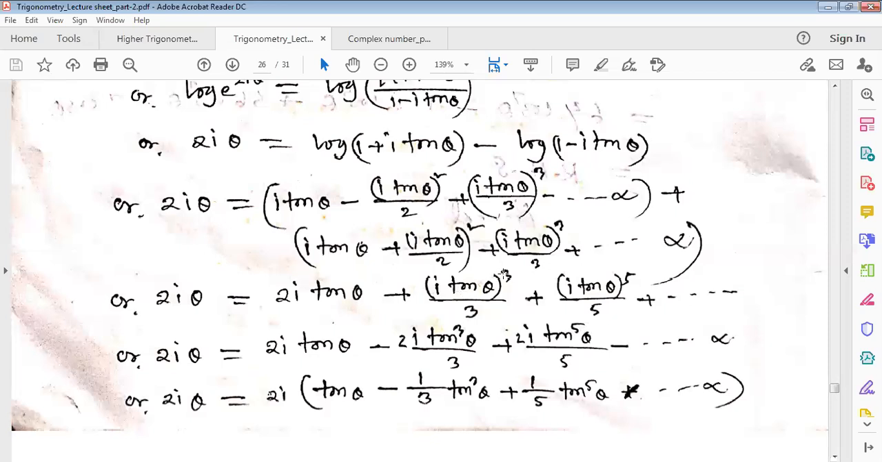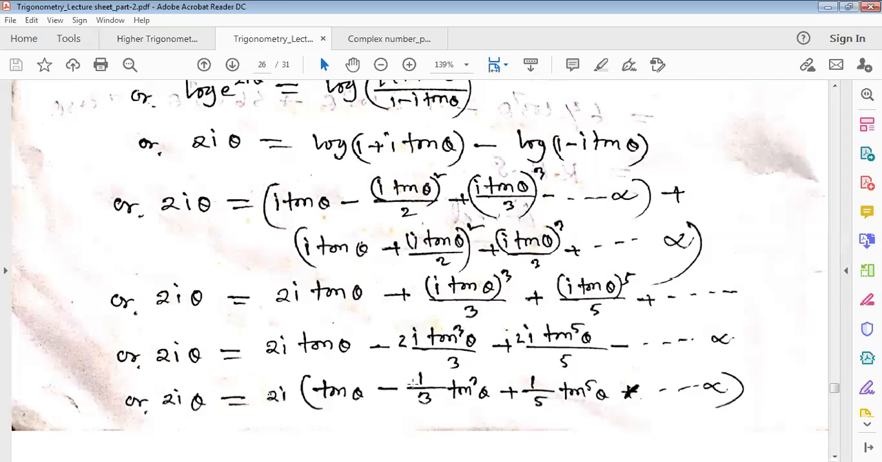i squared means minus 1. This is why we can write only minus 2i. Here also i to the power 5 can be written as i squared twice, that is i squared times i squared times i. That means minus 1 times minus 1 times i, which is only i. So we can write 2i theta equals, taking 2i common from all terms,